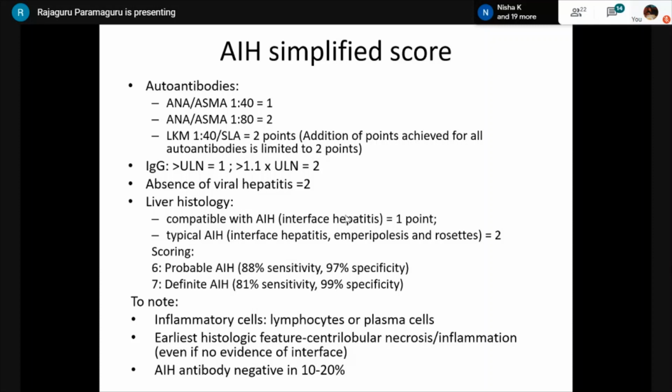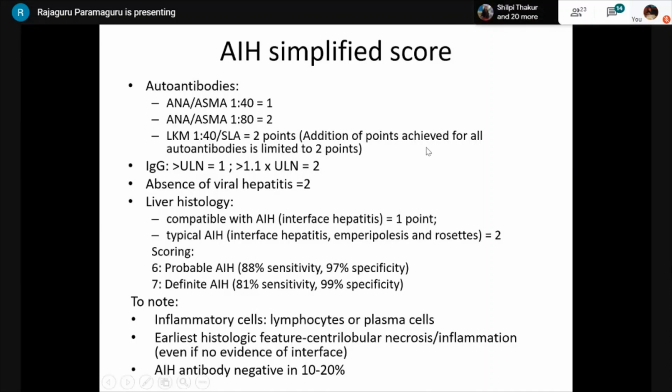So I'll briefly speak about autoimmune hepatitis. Autoimmune hepatitis in histology is all about demonstrating the interface hepatitis, the lymphoplasmacytic or lymphocytic infiltrate, emperipolesis, and rosette formation. And I told you there is a particular variant called the centrilobular variant where you will not be able to find the interface hepatitis or a lymphoplasmacytic infiltrate in the portal area, but you will find it in the zone 3 or the perivenular area. So that can be there.